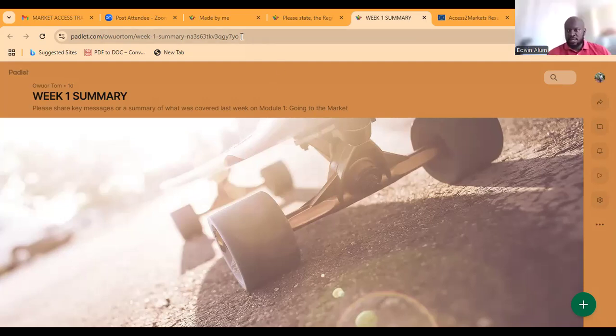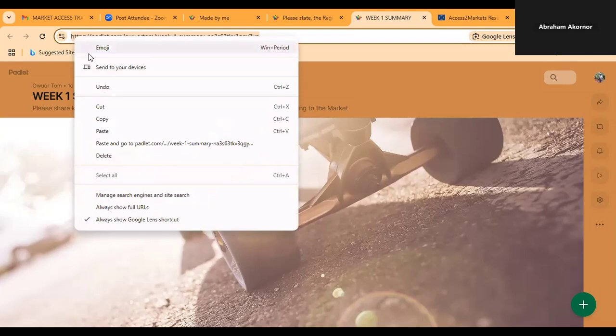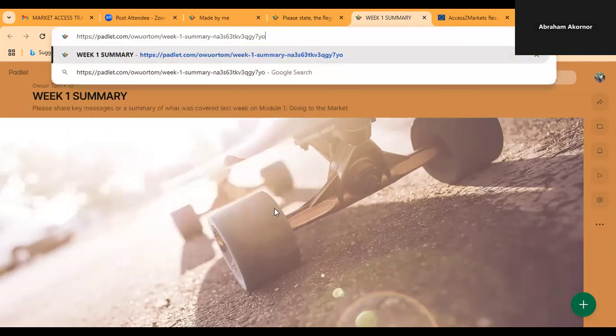Maybe if you have it elsewhere, you can just share it with me on WhatsApp. It's not a full link. I've realized that as well. Sorry about that, everyone. What I'm sharing, you're saying that you're not able to see. You can just share with me on WhatsApp separately. I'll copy it, but make sure it's a full link, because it was not a full link from the slide itself.